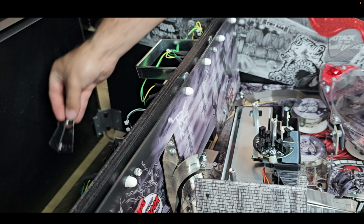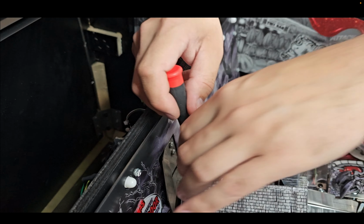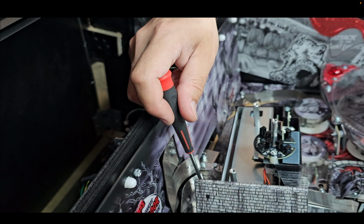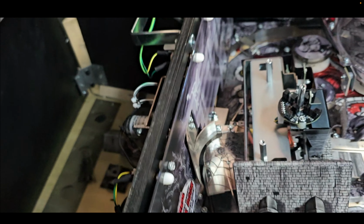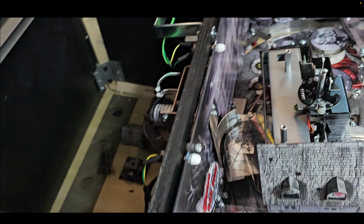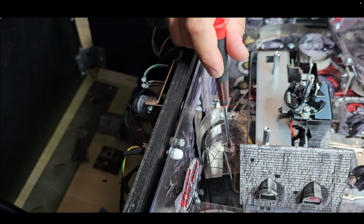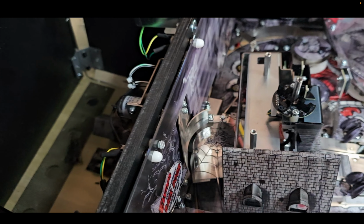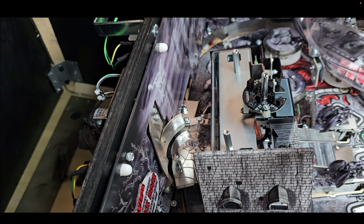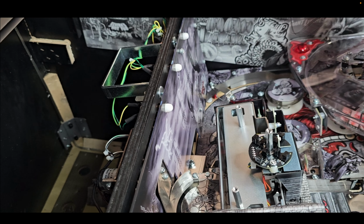So that's this piece. And then the last thing we're going to do is remove this screw that is on the back of the machine, which you can see right here. That is going to be our mount screw where we add the new LED light strip. So once we have that all taken apart,